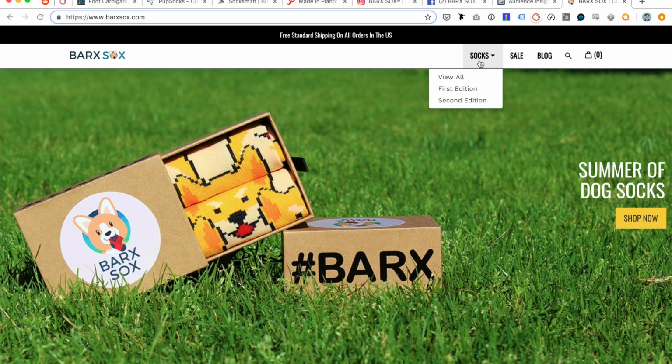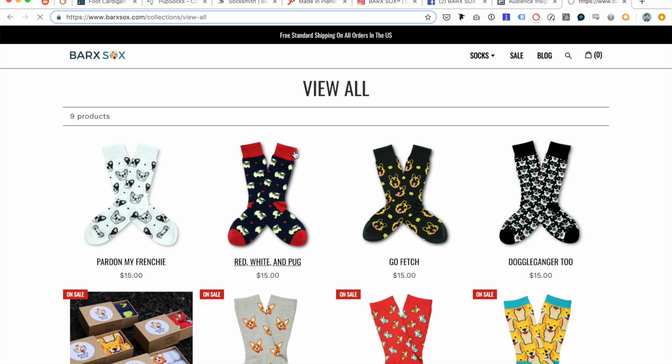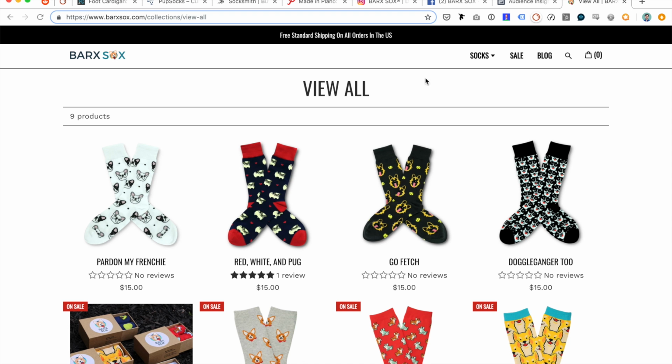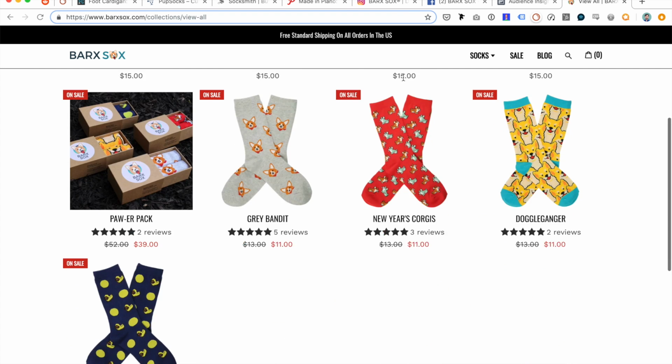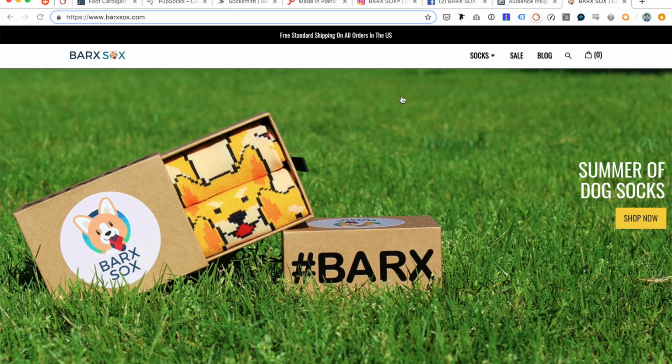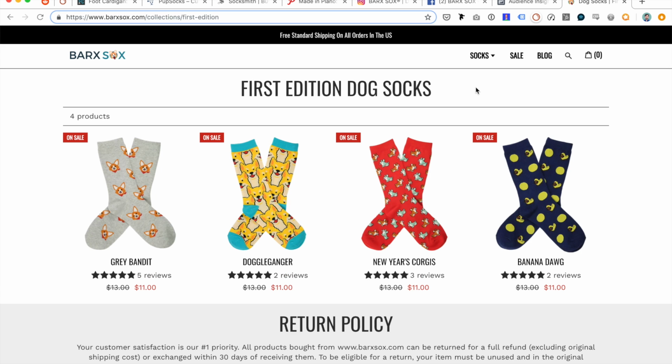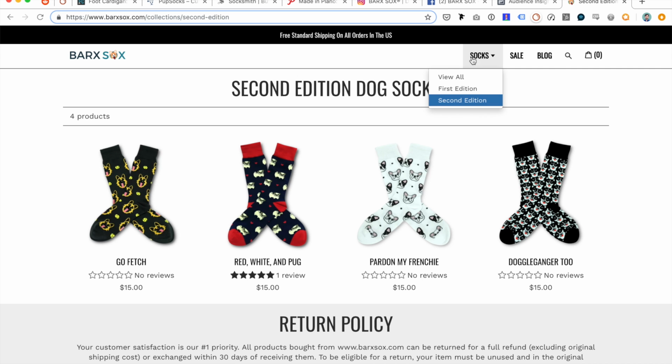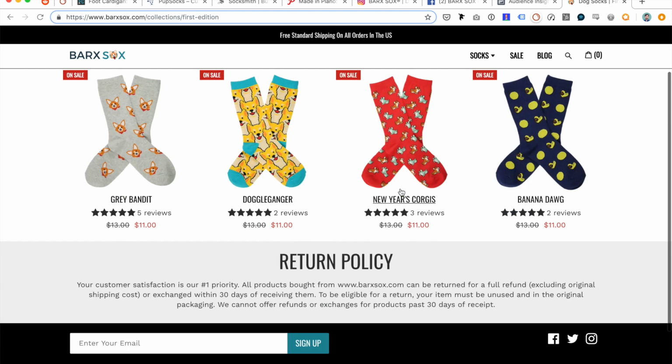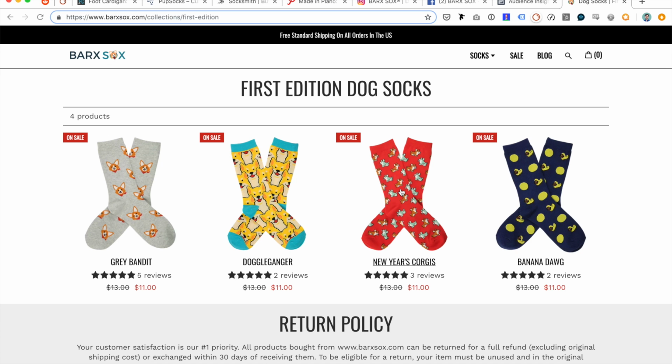I think what I would probably do here is just call this sock designs, so it's really clear, and send it straight to the view all collection page, and change this view all. I would just say sock designs or something like that. The first edition and second edition, I know what you're going for, and it looks like you have all of your first editions on sale, but to your normal visitor it doesn't really mean much, unless there's some sort of time bound